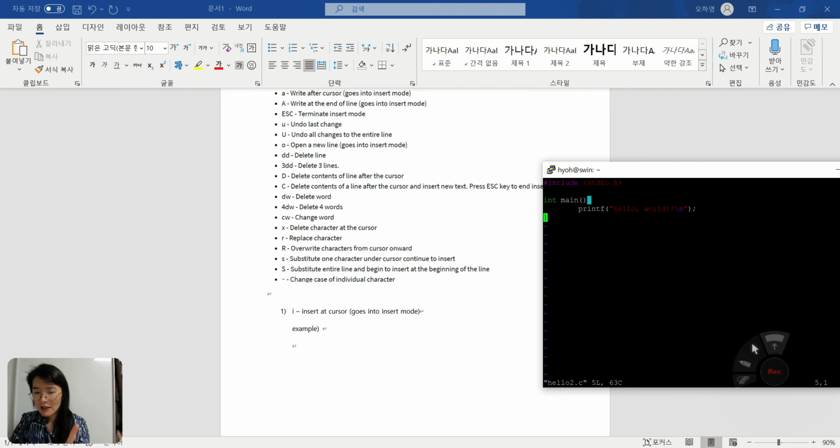All right, and if you want to put another printf function here, you can use the